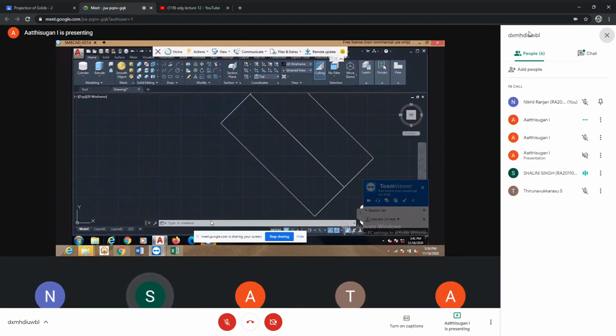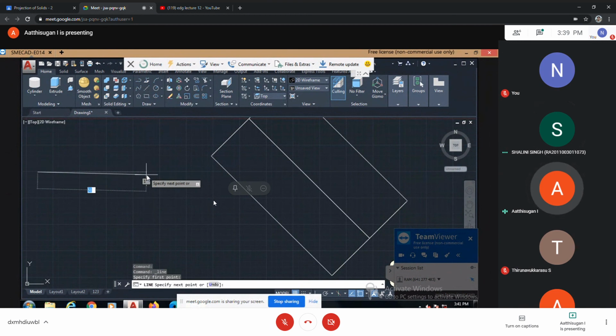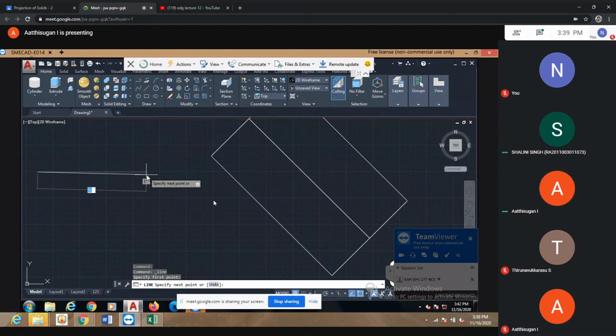Yes, sir, I got that answer, but I was having confusion whether we have to take that rotation angle from the top side or from the bottom side. The reference line is the correct one. So like this you may draw one line inclined from here. You have to draw a 130-degree line. That is the correct method actually. So how much is this angle? 120.